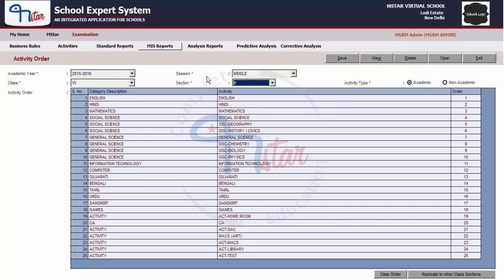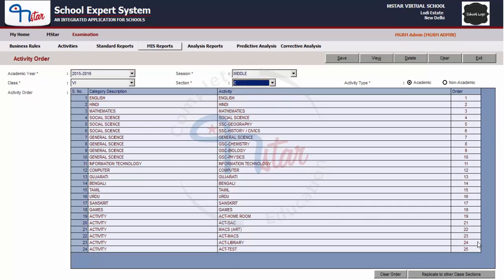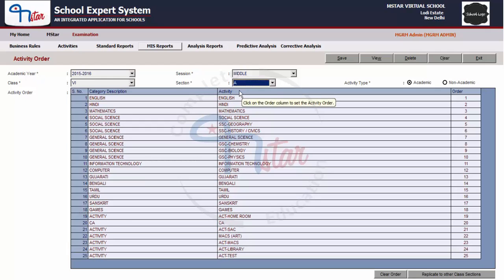See, when we have selected class section B, the order of B is already copied. The order of C is also copied. It is based on the number of subjects that are available in one class section or the other class section that the activity order gets copied to. The same steps can be followed for non-academic subjects also.